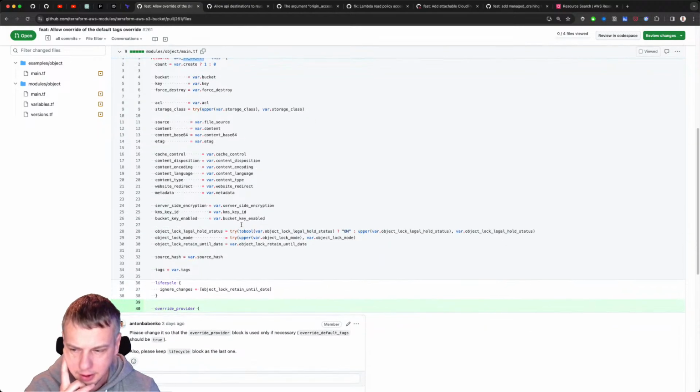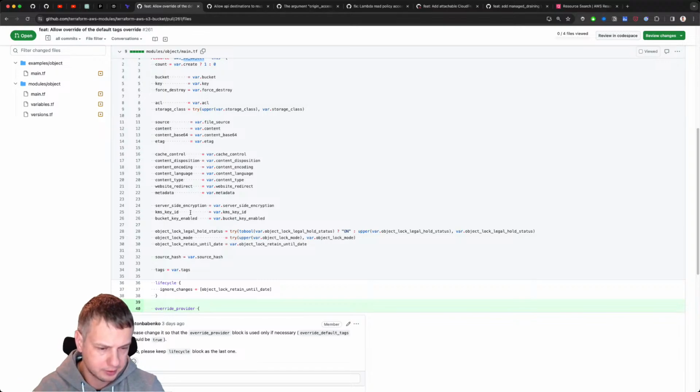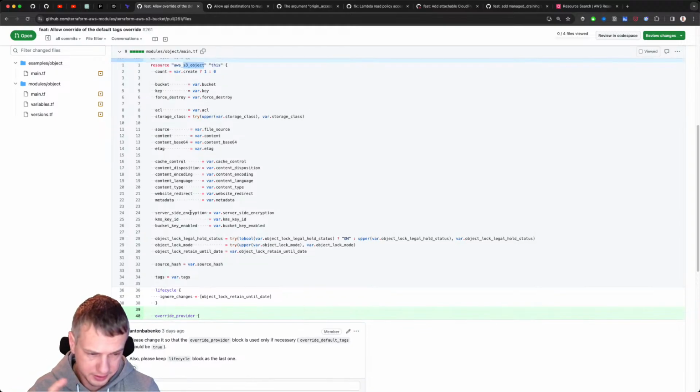What it means is that when we specify a provider block and have, let's say, 9 tags by default inside it, then these 9 tags will be used in addition to tags specified inside of this S3 object.